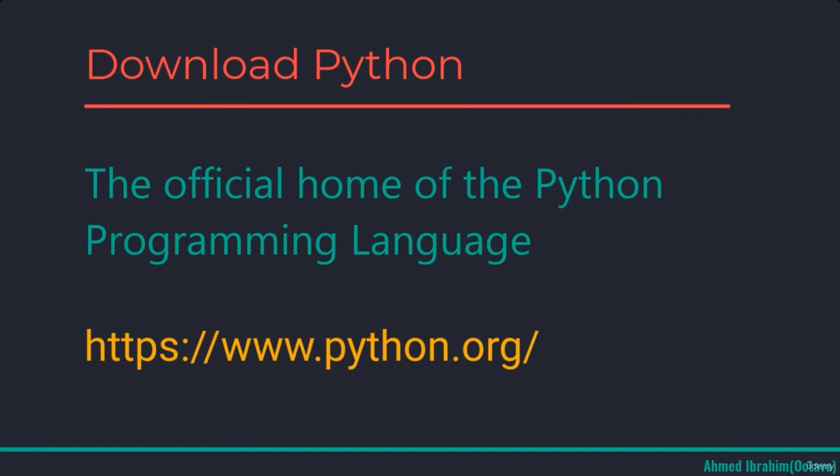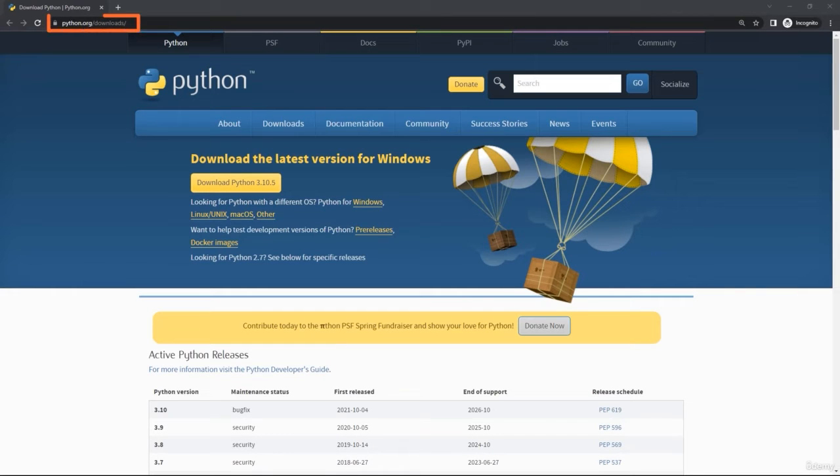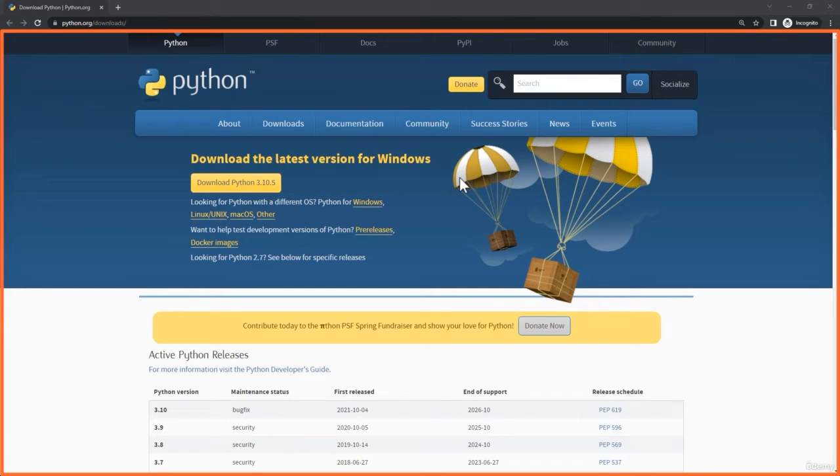Let me show you that in action. Use this URL python.org/downloads and this will bring you to this official page for downloading the latest version of the Python programming language for any operating system you are using. Python is a cross-platform language, so don't worry about that. You can download the install launcher for this language for any operating system you are